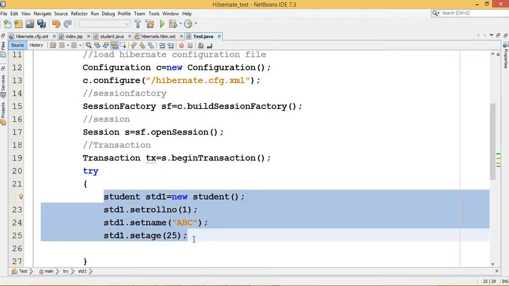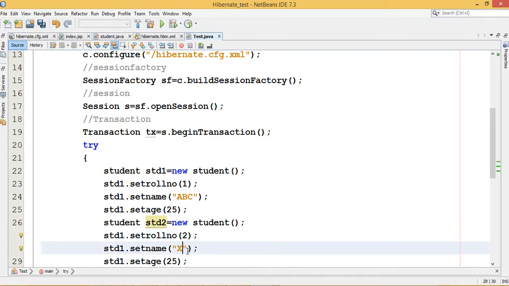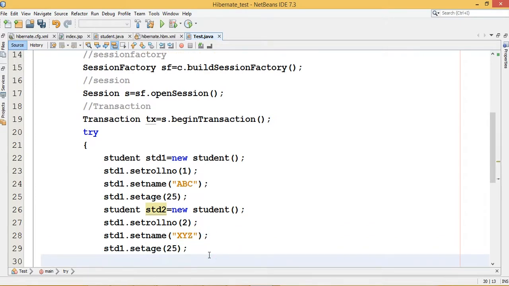If I want to insert a second record, I create another object std2, with roll number 2, name xyz, and age for example 30. So I am binding the 2 different objects std1 and std2.